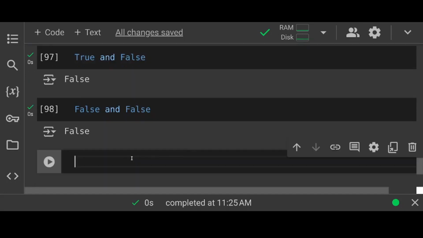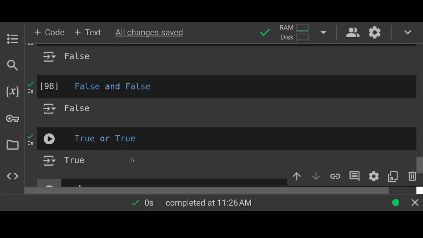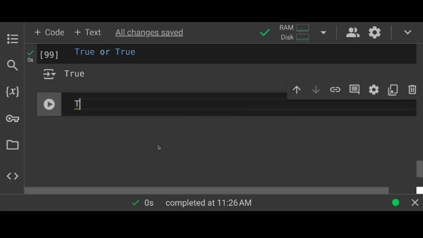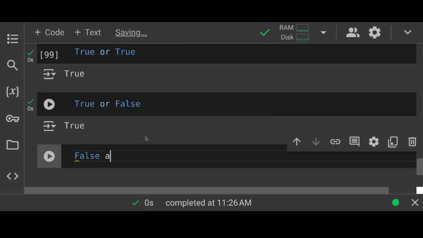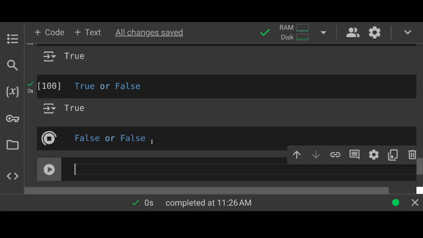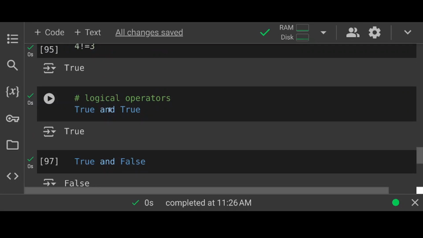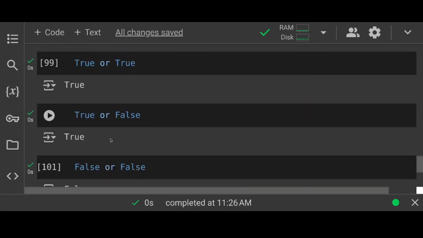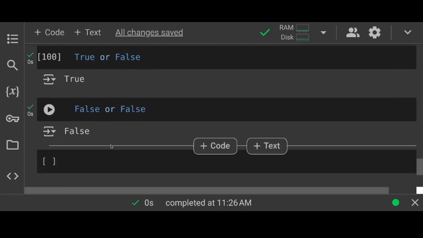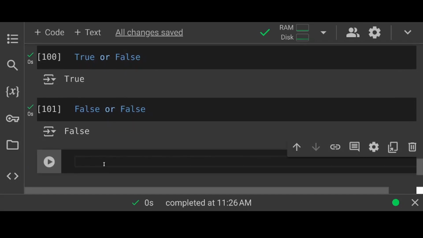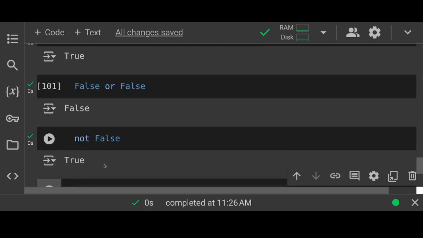Also, you can check using or. True or true is true, and true or false is also true, and false or false is false. You know that here the words and and or are called keywords in Python. Also, you can use the negation, not. Not is also another keyword in Python. Negation of false is true, and negation of